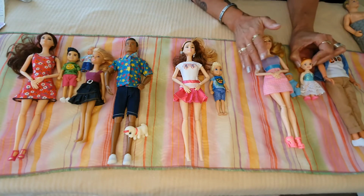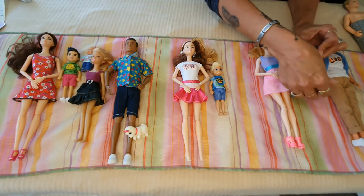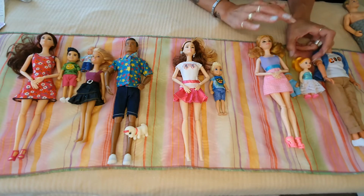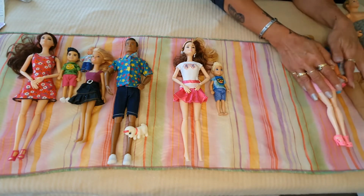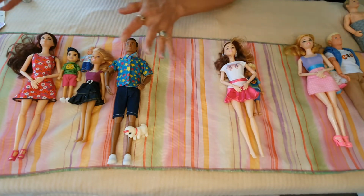maybe one day will also change, because this is just a normal, simple, cheap plastic doll, but it's the only doll I could find in this size to fit about a 3 or 4 year old little girl, because I already got an idea of her room one day. So yeah, this is my one family, and this is my single mom family, and then this is, like I